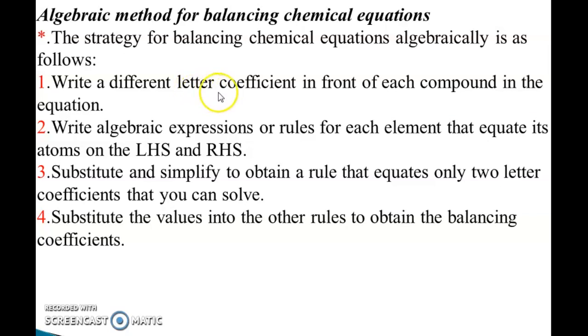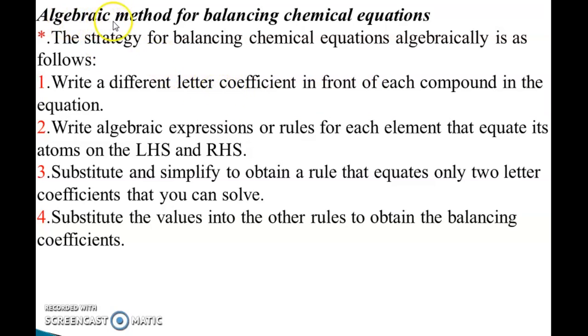We use a letter coefficient in front of each compound in the equation, whether it is H2O or CuSO4, whatever the chemical compound is, we write down a letter coefficient in front of it at the time of balancing the chemical equation